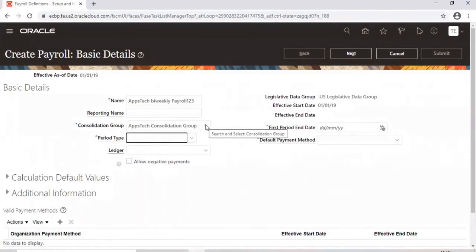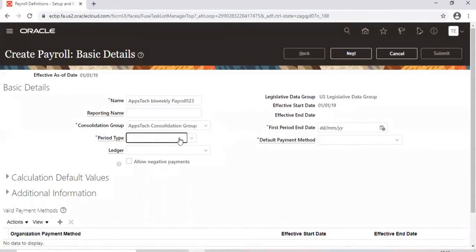I want to group all these payrolls under one consolidation group, so that when I generate reports, that report shows all the employees belonging to all these payrolls. It is mandatory to create a consolidation group. Even if you have one payroll, you still create the consolidation group with the same name and attach it.